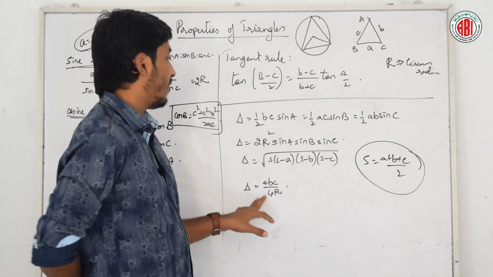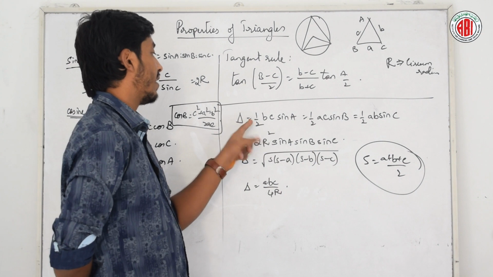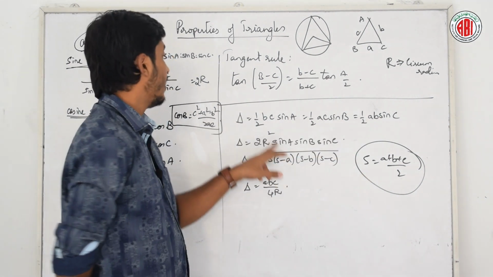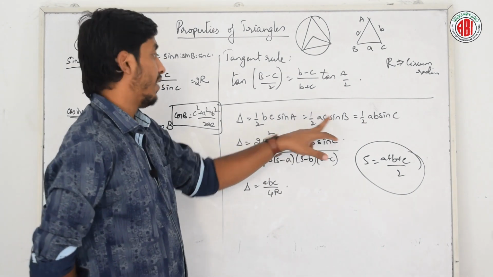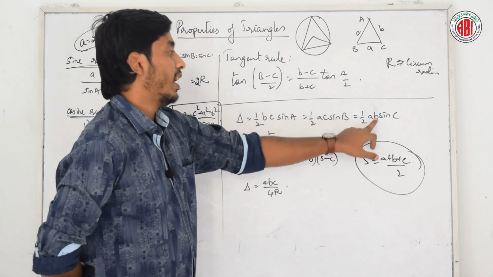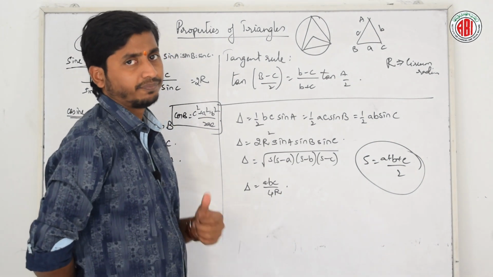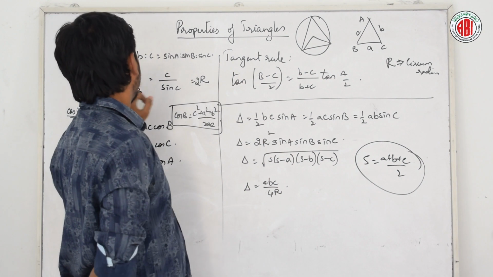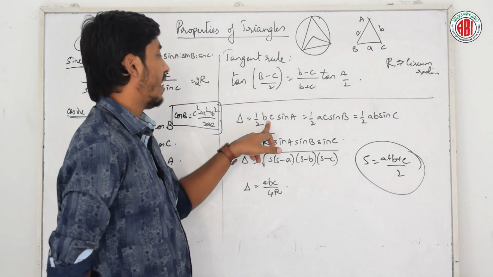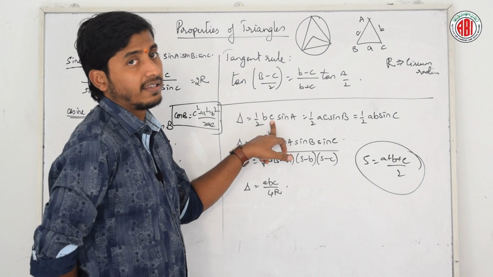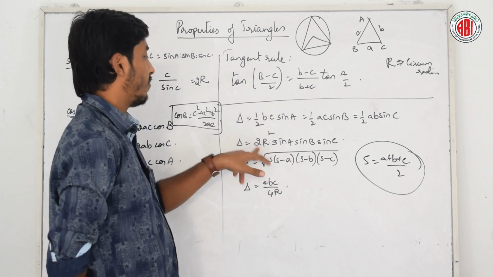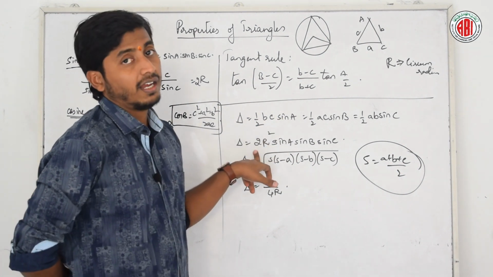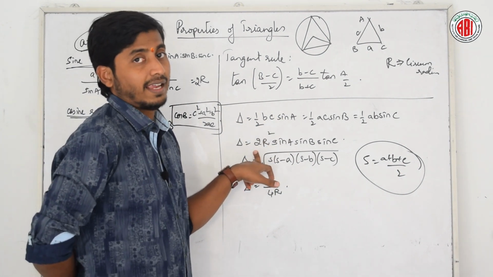And from here we are going to study the different area formulas, that is half bc sin A, half ac sin B and half ab sin C. If it is b and c, we will get sin A. If it is a and c, I will get sin B. If it is a and b, I will get sin C. Clear? Now you can substitute it here. What is b? b is 2R sin B. c means 2R sin C. 2 into 2 is 4, 4 by 2 will be 2, R into R is R square, sin B sin C into sin A. That is this area, 2R square sin A sin B sin C.